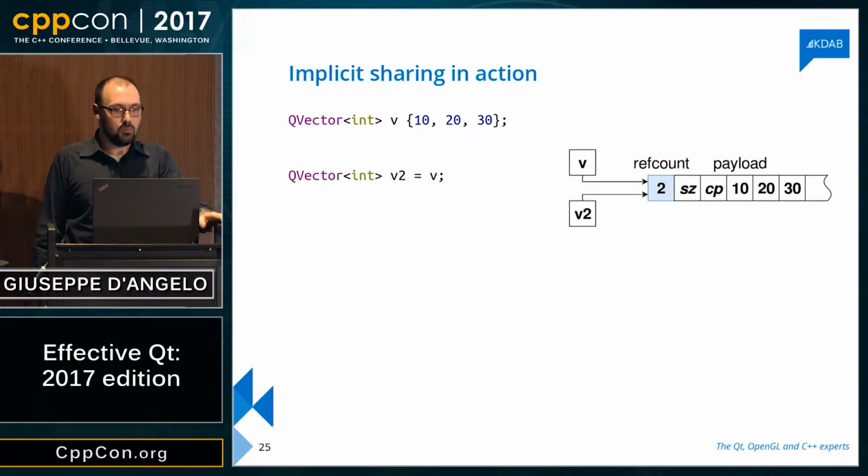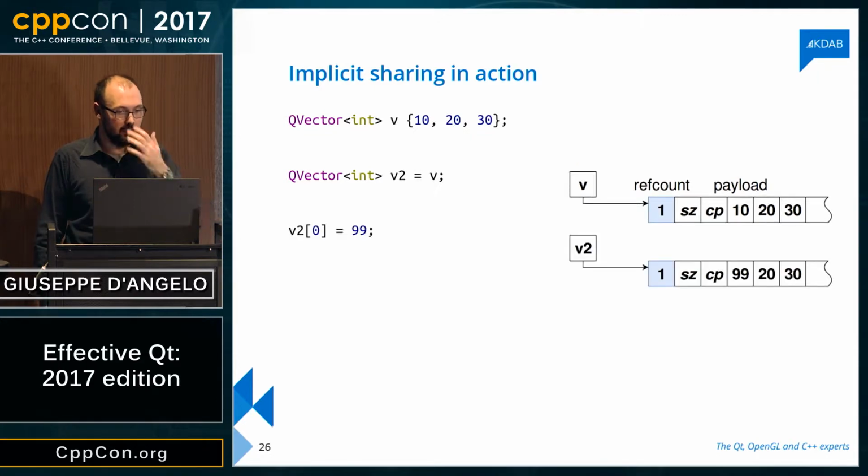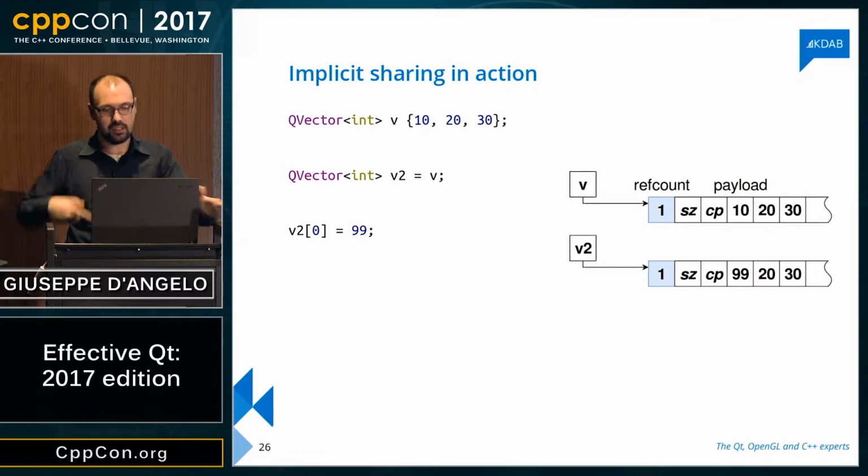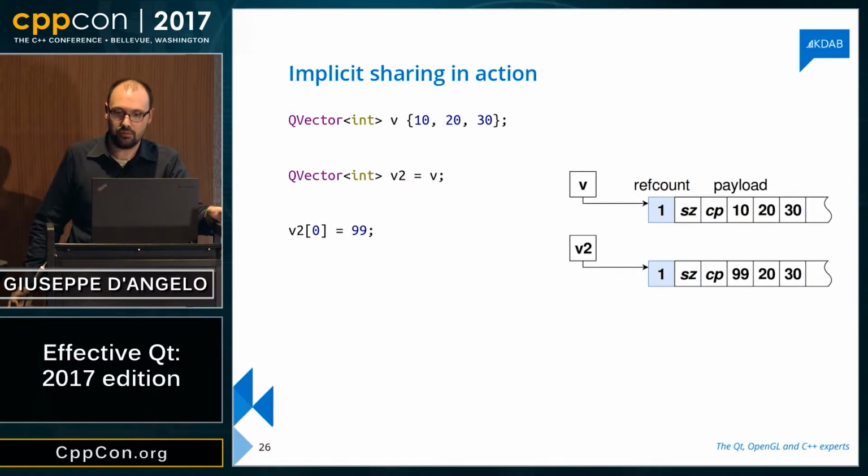Then what happens if I want to modify these containers? For instance, I want to change v2. The subscript operator is a non-const member function. So as such, I need to detach from the shared data structure. I need to make a deep copy. So what I do is, in a series of operations, I deep copy everything, decrease the ref counter of the original. Now I've got a newly allocated chunk, so the ref counter is 1, and then I modify my private chunk. So v2 is now correctly modified and contains 99. Anything unclear? It's pretty much straightforward.